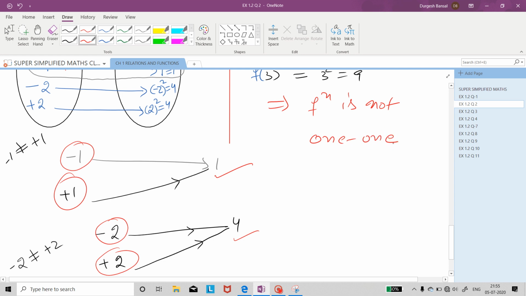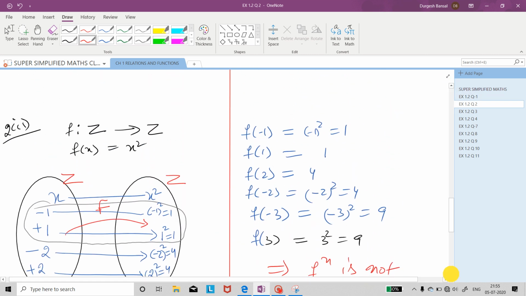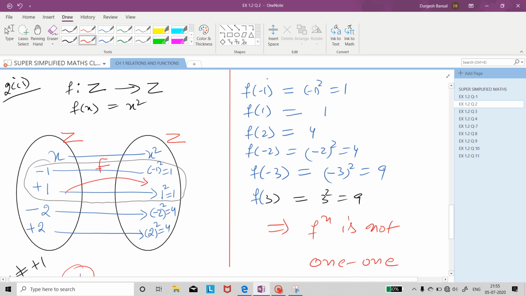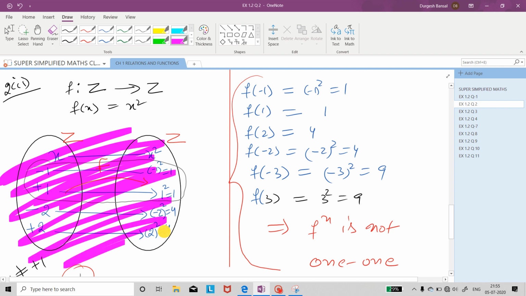So when it is not 1-1 or not onto, there is no general proof required, but you can only give examples. So writing this much is enough in the exam to show that the function is not 1-1. This diagram I have made just to explain to you. This is the explanation part, for explanation only, but this you can write in the exam. Okay. So now we move to the onto part.